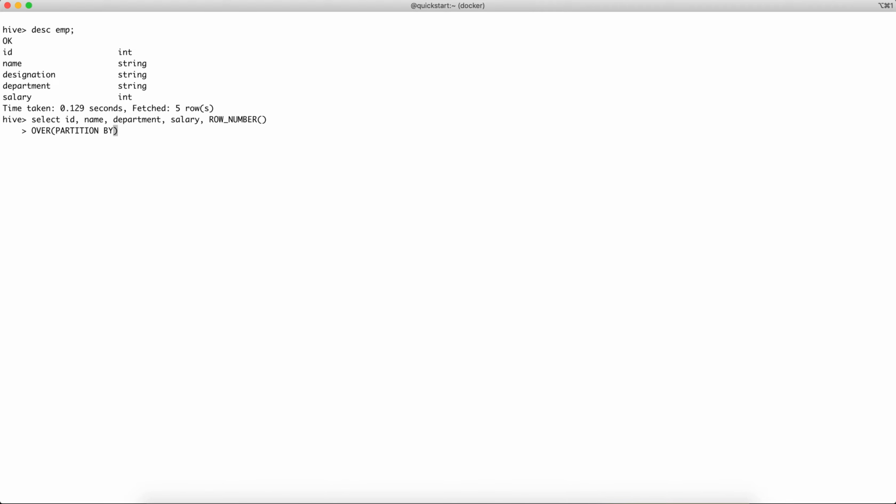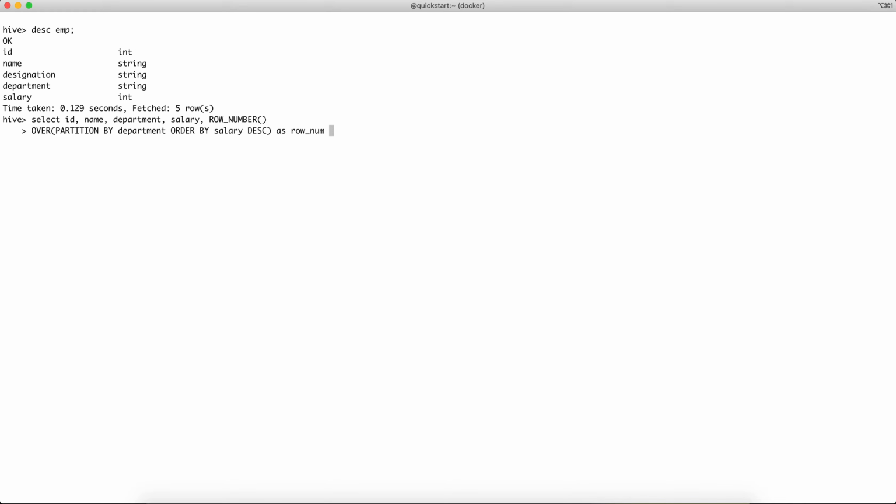We want to partition this table by department, and order the salary in descending way, so that the highest salary will come at the first position. Now since this is a new column that we have added, we need to give it a name. Let's give it as row underscore num.